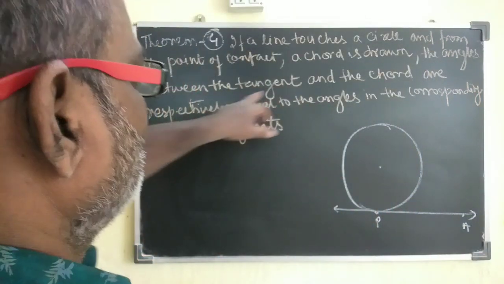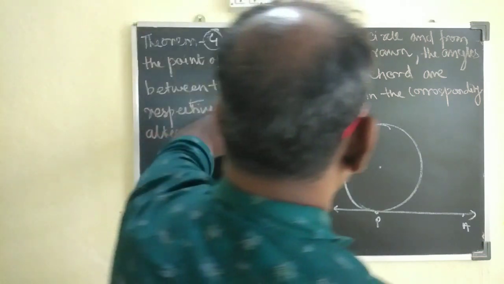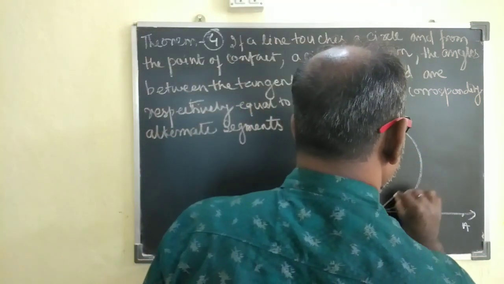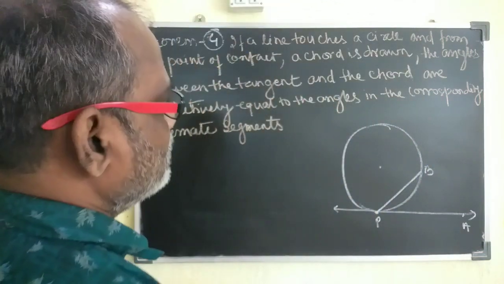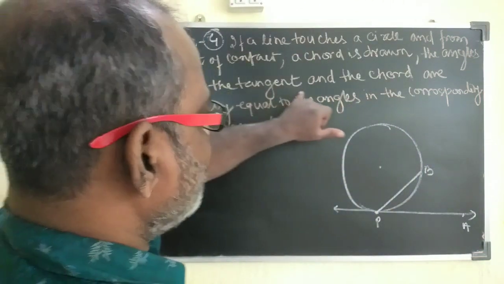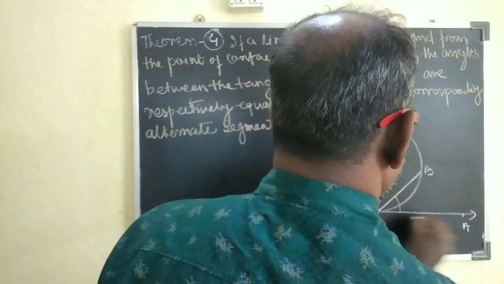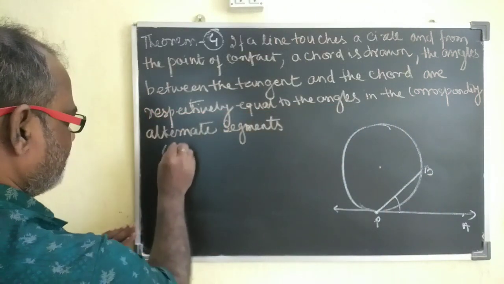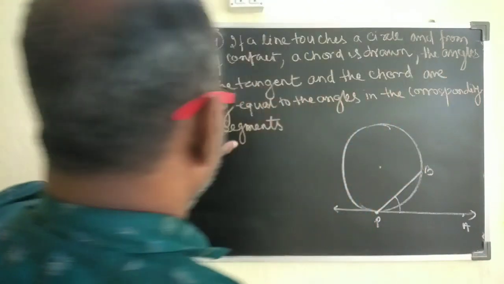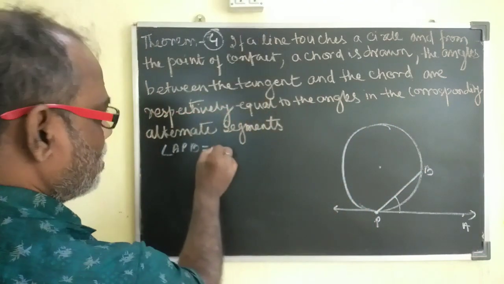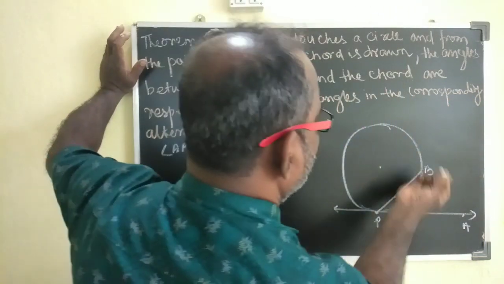A chord is drawn from the point of contact, एक कॉर्ड इज ड्रॉन, यहाँ से कॉर्ड ड्रॉ करते हैं हम, ये बनता है आपका B, PB इज ए कॉर्ड। द एंगल्स बिटवीन द टैंजेंट एंड द कॉर्ड, यानी कि यह वाला एंगल, एंगल APB आर रेस्पेक्टिवली इक्वल, यानी कि सेम होना चाहिए टू द एंगल्स इन द कॉरस्पॉन्डिंग ऑल्टरनेट सेगमेंट।